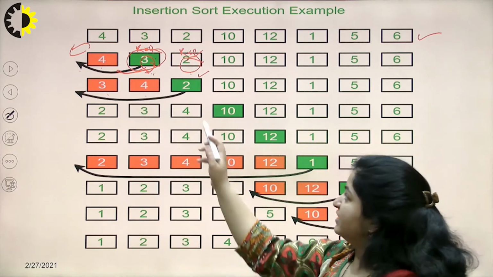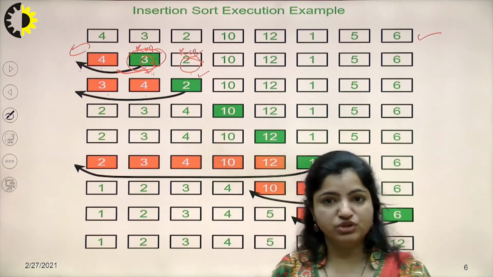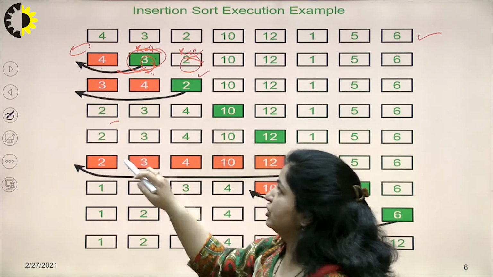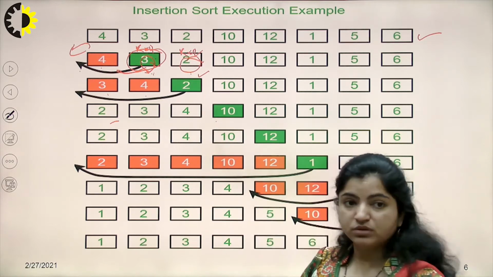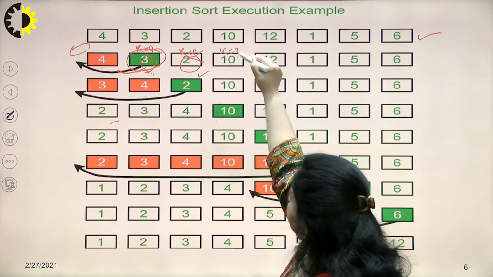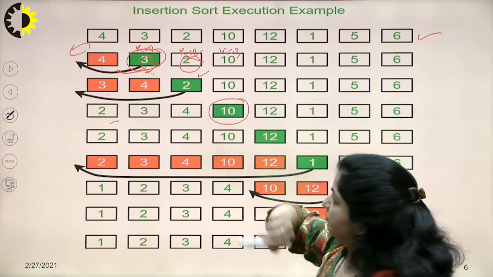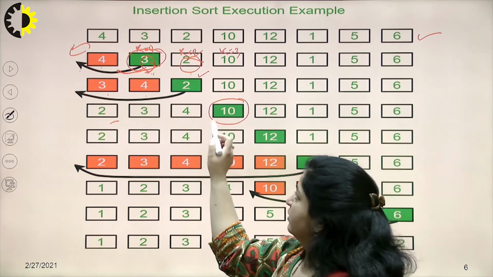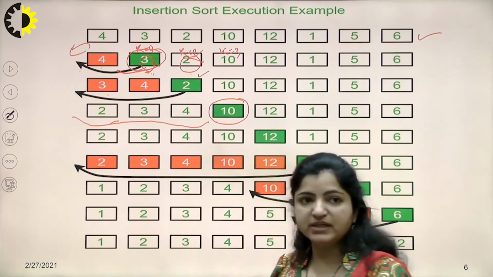So it should be placed before these 2, 3 and 4. So now this 2 is placed over here at this particular position and we got this scenario. Now again we will move forward. So this is k equal to 3, so we are moving to this particular position, fine. And now I'll compare this 10, that where this 10 should come, and compare with these elements, fine.